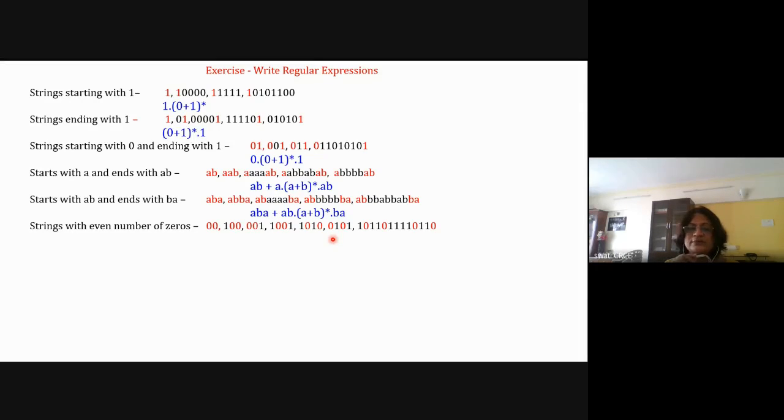This is partially correct. Suppose my string is 101, 1010, then it will not be accepted. So that's why you have to write down all the possible combinations. So can you modify, Nisha? My string is 1010. So how will you modify? 1010 should be accepted. 10101 should be accepted. And it is not compulsory that zeros are consecutive.